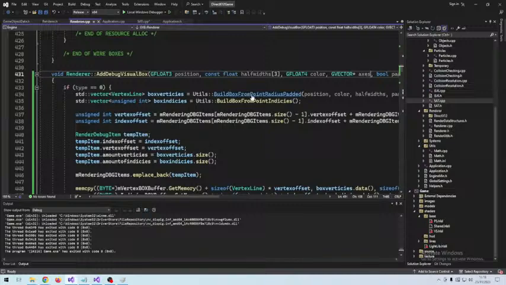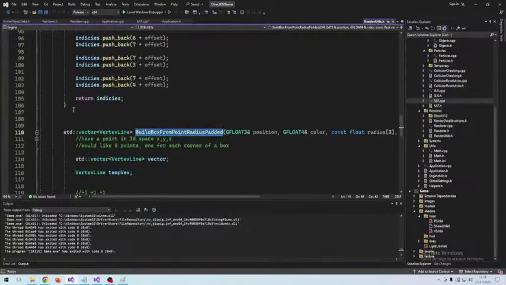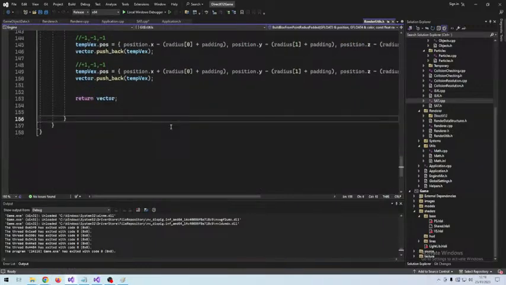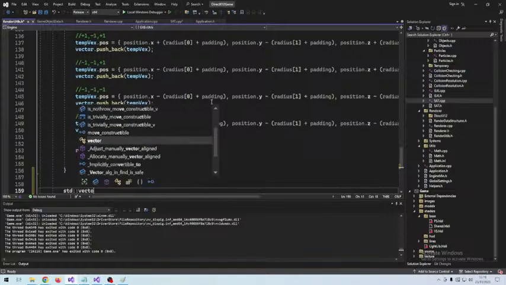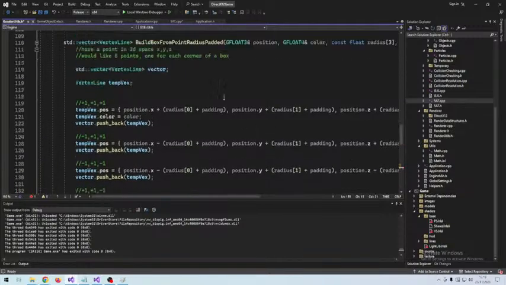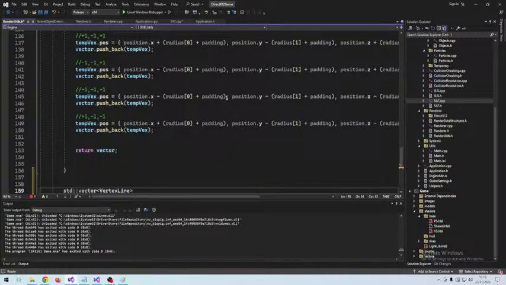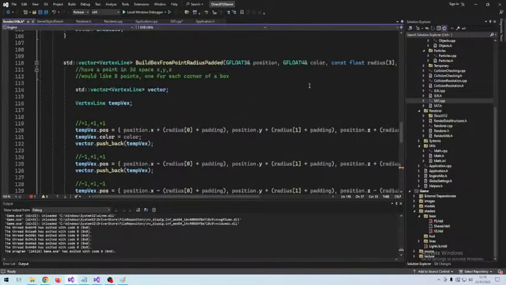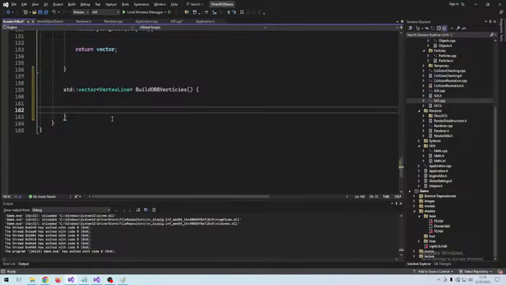We're going to steal that and go into our render utils and create a method where we create a vertex line. Build OBB vertices. And we do something like